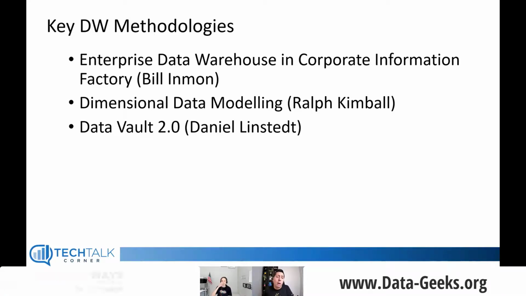So those are 3 key methodologies within data warehousing that you can take advantage of. It has been proved that they work. And we also have a lot of information about their limitations and their advantages. So that's really important.